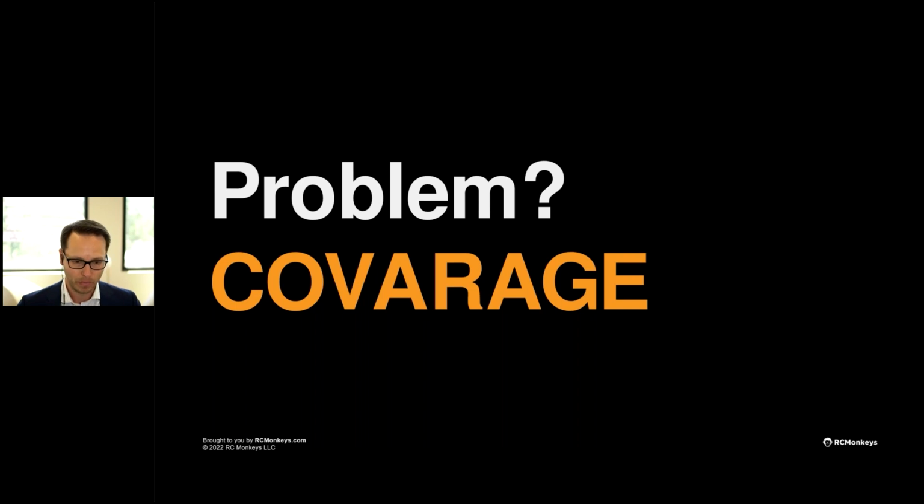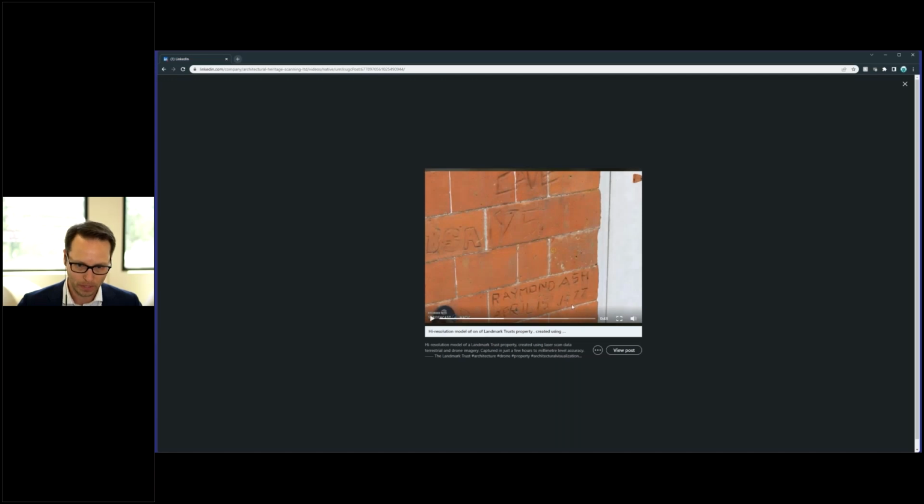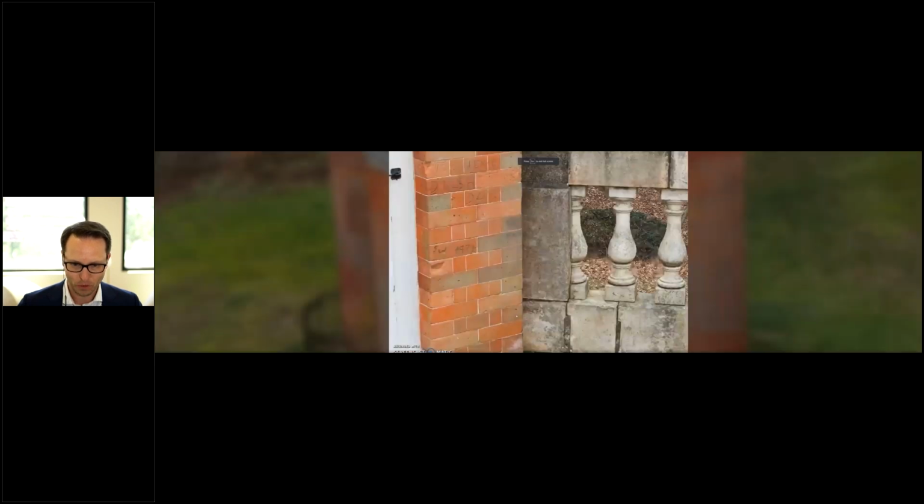And about 9 months ago, I was just scrolling through LinkedIn, and I saw this post, and I just want to share this post with you because that's what piqued my interest to look at photogrammetry again as a solution for this. So I'm gonna switch and share this LinkedIn post, done by a company in the UK called Architectural and Heritage Scanning. I'm just gonna play a few seconds here, and what they're showing is this photogrammetric mesh,